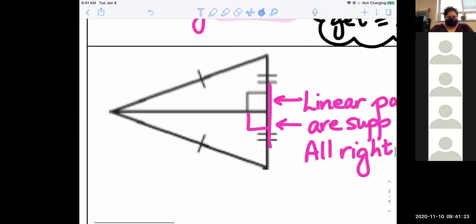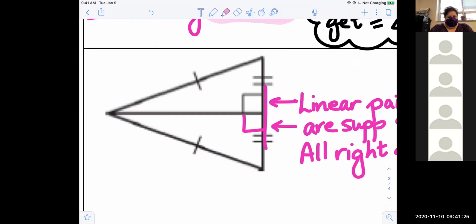Jerron, where are the angles that are included between those sides? Are those the included angles? No, those are non-included angles. So we don't have enough yet to say the triangles are congruent, but